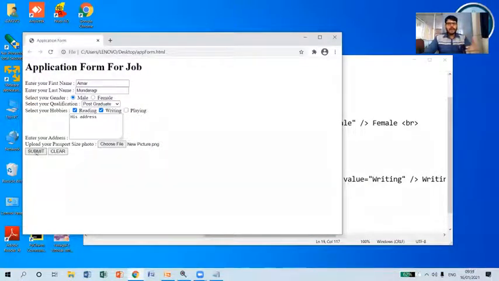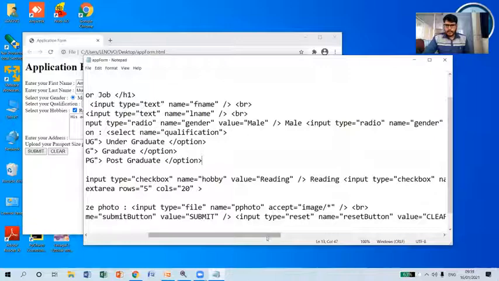And after all this, suppose he clicks on submit, it will submit all these details to the action URL. Suppose he clicks on the clear button or reset button here, you can observe when I click on this clear button. Okay, there is some mistake.